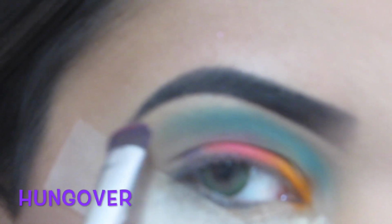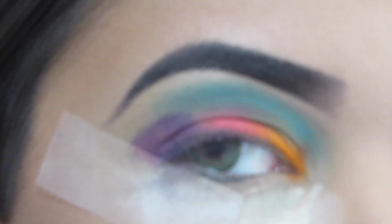Now I'm going to grab some purple, which is called Hungover. I'm going to grab this purple and I'm going to be placing it next to the pink as well as blending it into the blue. But first I'm just going to place it next to the pink and I'm just packing it on right now. Okay, so now we've just packed on the purple next to the pink, and as you can see I didn't